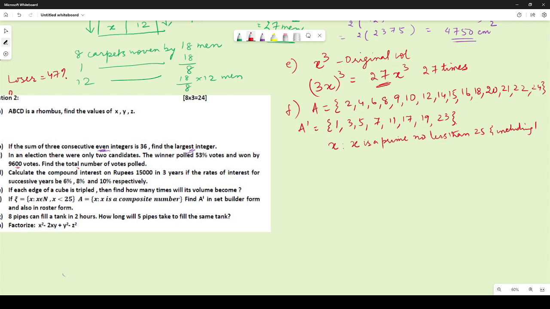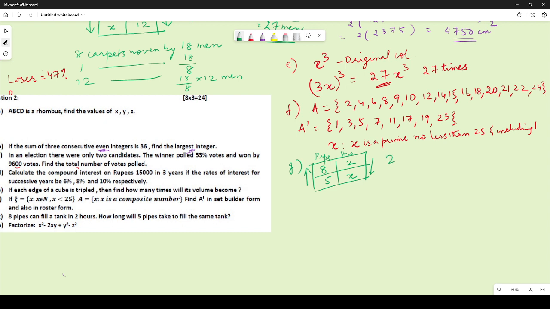Okay, let us take up the next question, which is 8 pipes can fill a tank in 2 hours. How long will 5 pipes take to fill the same tank? Now again, this is pipes and hours. Now 8 pipes can fill it in 2 hours. 5 pipes. The number of pipes has reduced, so will the number of hours increase or decrease? So this is an inverse variation, right? So what you had to do was